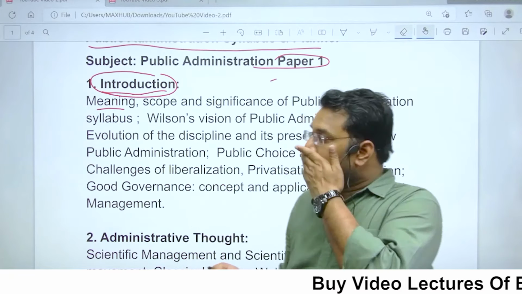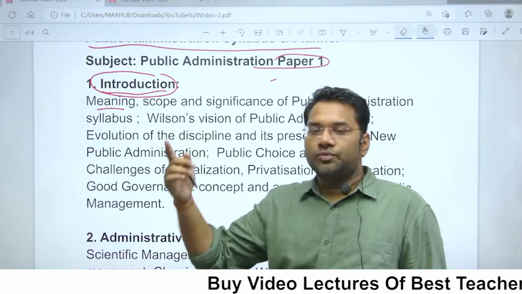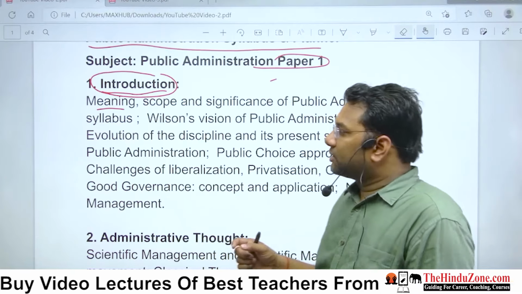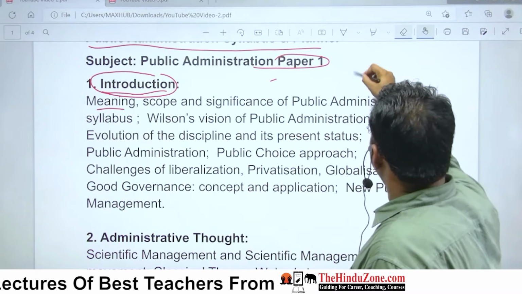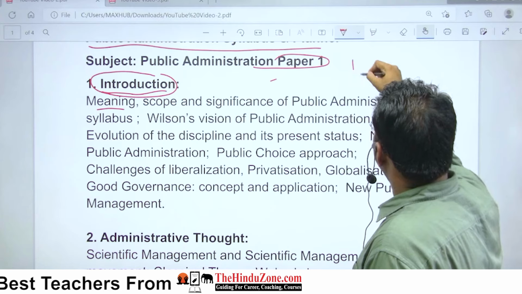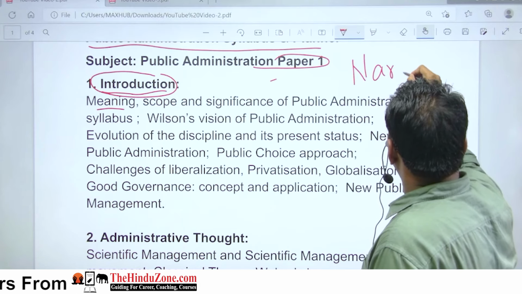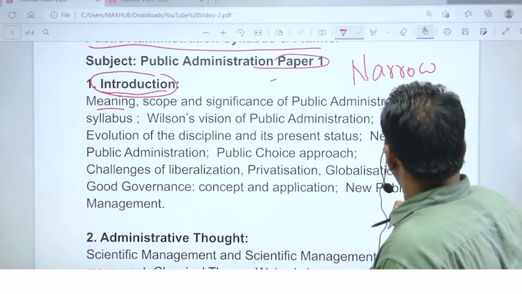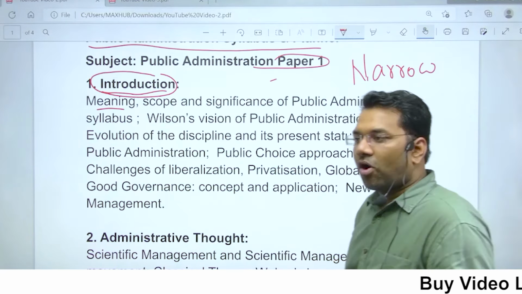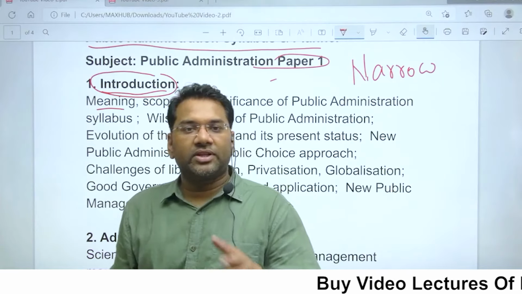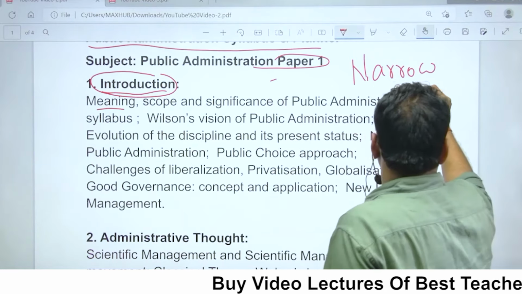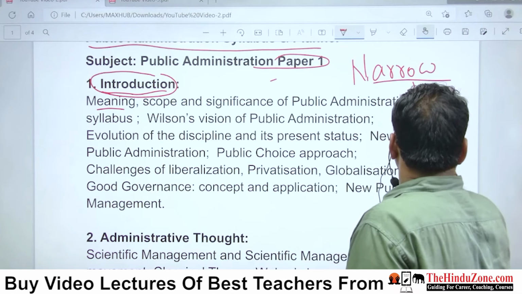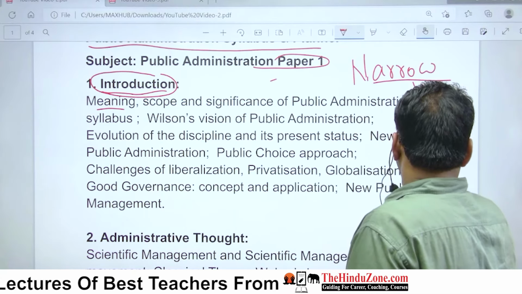So in order to understand all those views, we will be covering the narrow views and the broad views, right? For example, narrow views kya hai? I'll only be talking about very few things, because it is not possible in this particular session, since this is a kind of orientation on how we will be dealing with the subject, right? So this narrow view kya bolta hai? According to the narrow view, public administration is